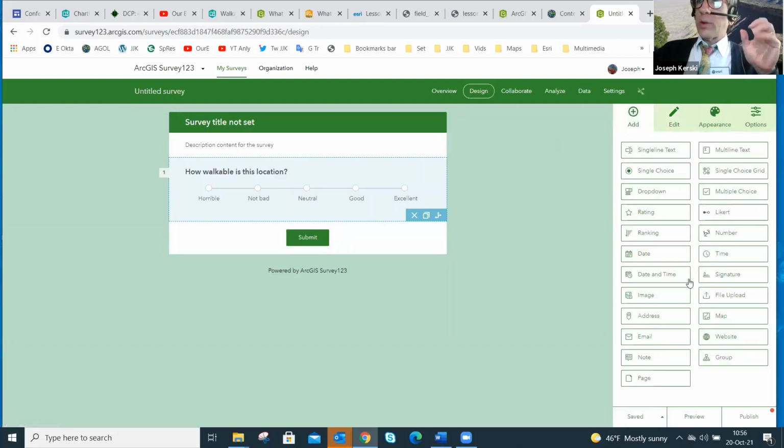One more thing that I just wanted to show is that in the past, up until about a year and a half ago, you could only add point data into your Survey123. And now we have the capability, to add lines and polygons. So now we have a map tool as opposed to in the past where we had points. So if I said map here, it's going to say, okay, well, let's add that map.